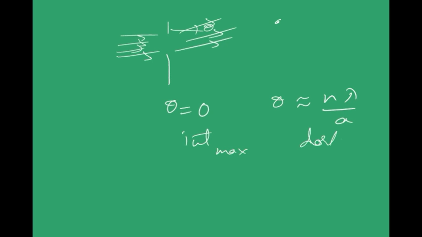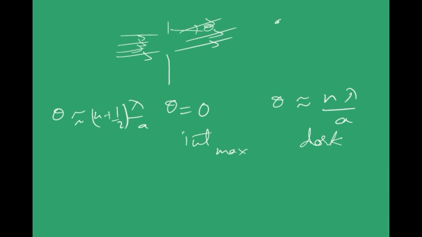First of all, experimentally it was found that when theta is equal to 0, that is when this angle is 0, that will be the center of the screen, right? Intensity was found to be maximum there, and for all the thetas which are given by n lambda by a, where n is plus or minus 1 or 2 or 3, it was found that intensity was minimum, that is a dark spot. And for all those thetas which were approximately given by (n plus 1 by 2) lambda by a,